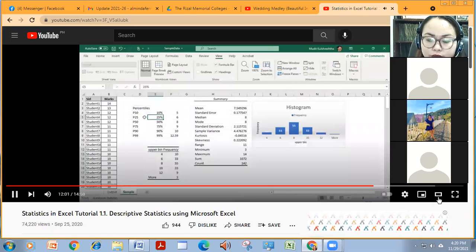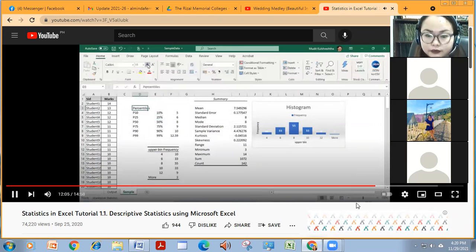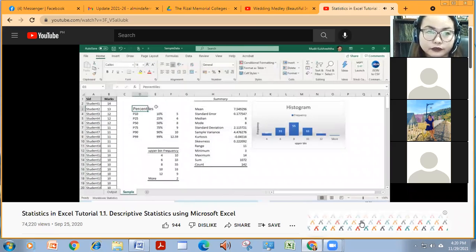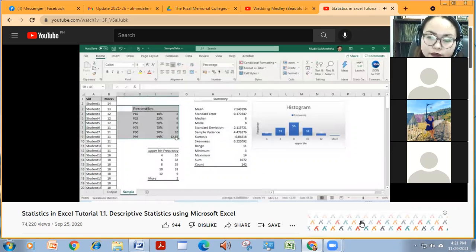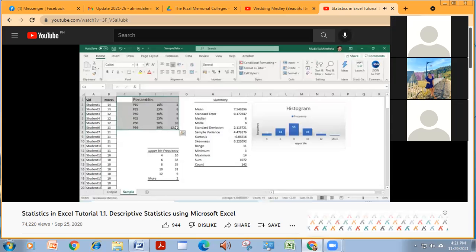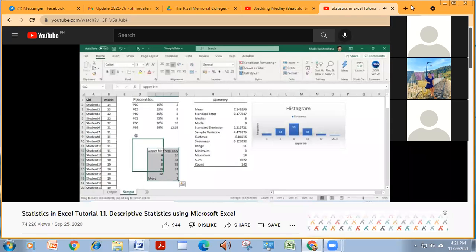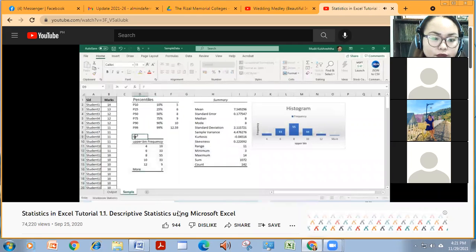Now let's embellish this a little bit, increase the font size of the tables, and draw a little bit of border around it. You can drag this table all the way up, select everything and move it up. Excel is pretty efficient in that. So this is our percentiles table. This is our frequency table. Pardon my typos, frequency table.